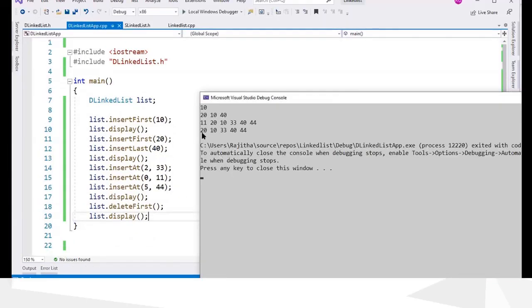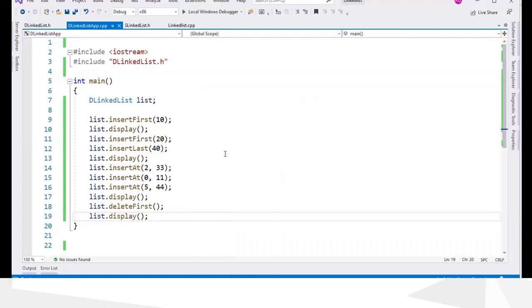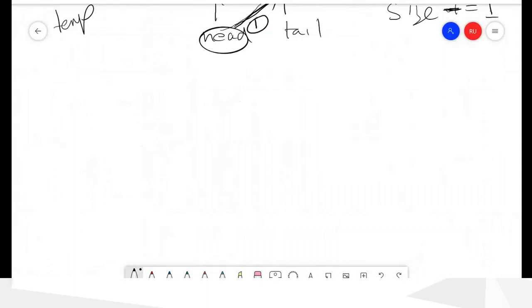Okay, so you can see the first node is deleted. Okay, delete the last node. So again, we have to check whether the list is empty or whether we have only one node. Okay, it is similar, but if you have more than one node,